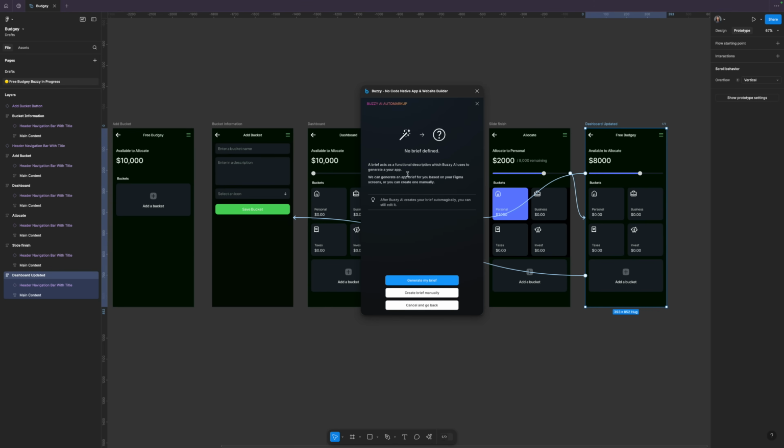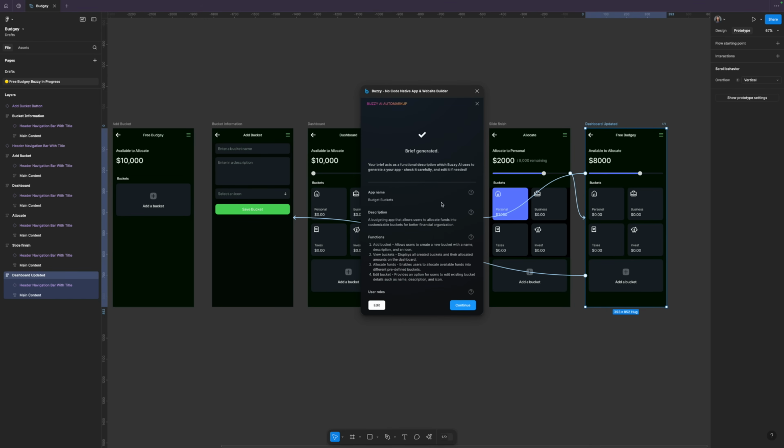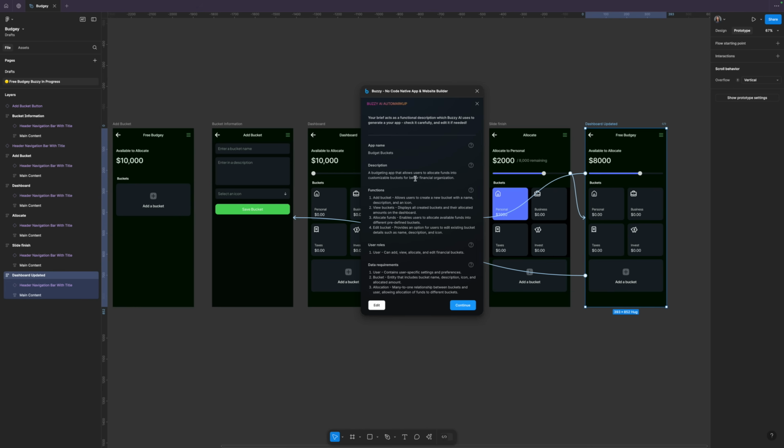And now we want to generate a brief. Now this is like your product requirements document, and it's going to define all of the functions of this app. So let's click Generate My Brief. Great, our brief is generated, and this is amazing. It's got